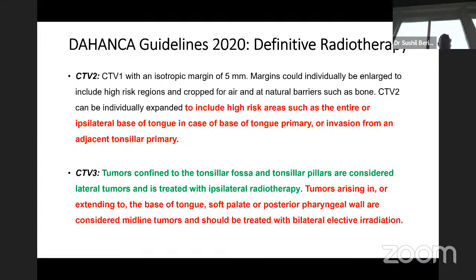So if you have ipsilateral disease in the tonsil with minimal involvement of the soft palate or base of tongue, then you can avoid the morbidity of treating the contralateral neck because the risk of contralateral failure is low. For T1, T2, and some T3 disease, and N0, N1, and N2A, you can treat the ipsilateral neck. For N2B, it's an area of controversy, and for N2C and above, you would not treat it. By treating the ipsilateral tonsil and ipsilateral neck, you can decrease exposure to the contralateral parotid, which can decrease the risk of xerostomia and mucositis.